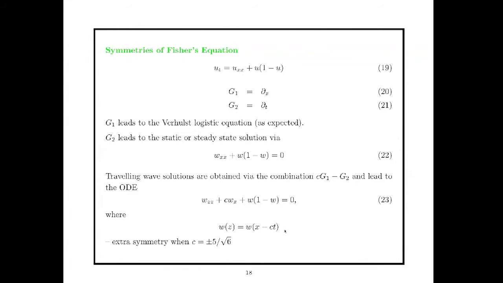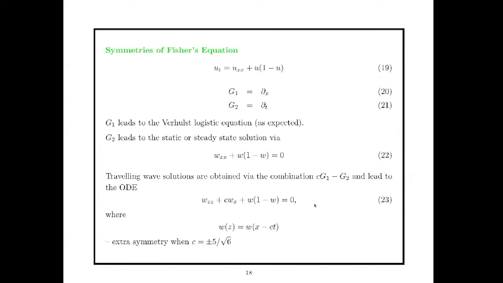So if we now substitute W(Z) = W(X - CT) into the original PDE, you obtain an ODE, which is slightly more complicated than the previous ODE. And it turns out that this, unfortunately, just has a single symmetry, which is, sorry, my apologies, this W_x down here should be a W_z. So this is just an equation that's W as a function of Z, and it has just a single symmetry, ∂_z, and this is not a new symmetry, so you cannot actually solve this equation